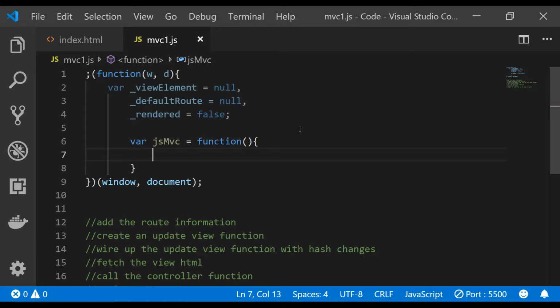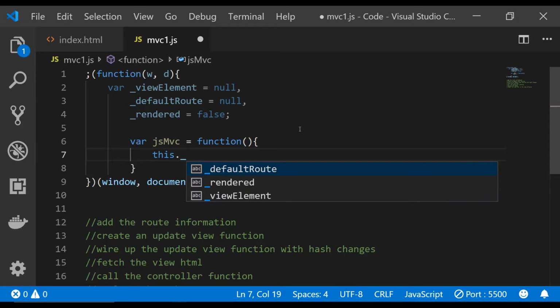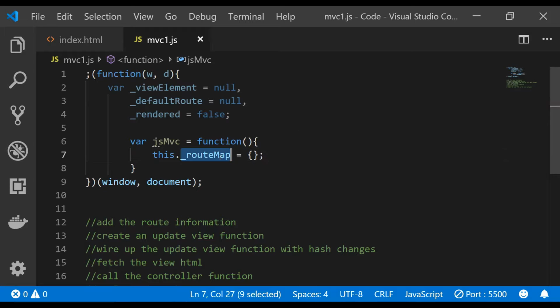Now in this constructor function, we will need the object to hold the root information, and for that I'm going to create an object which will be called _rootMap, and let's initialize it as an empty object with no properties. So the root information will be added to this root map